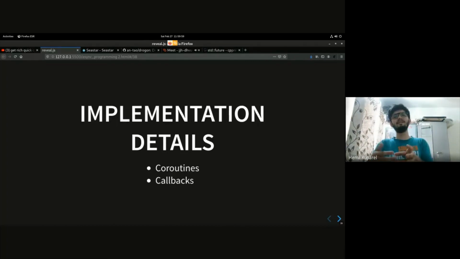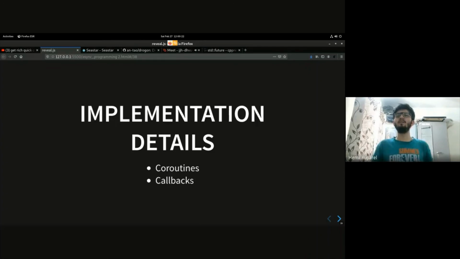After making the database query, we can suspend, and then other functions can execute. And when the database query is complete, someone can notify us, and then we can continue the execution from where we left off. This is the best case. We don't have to deal with any kind of callbacks, no memory leaks, no locks, nothing. It's the 100% best case, and it's coming in C++20, so that's good.